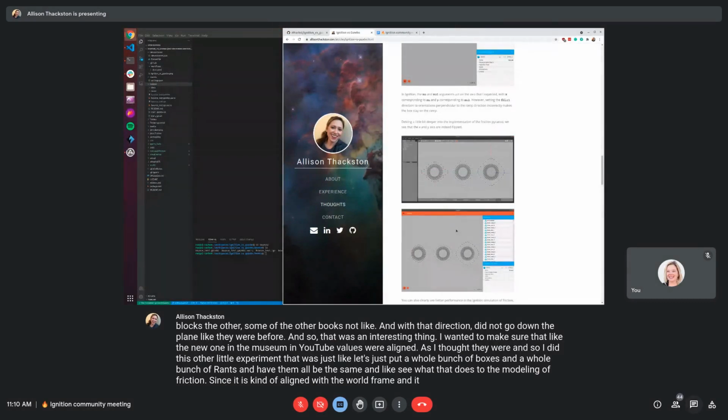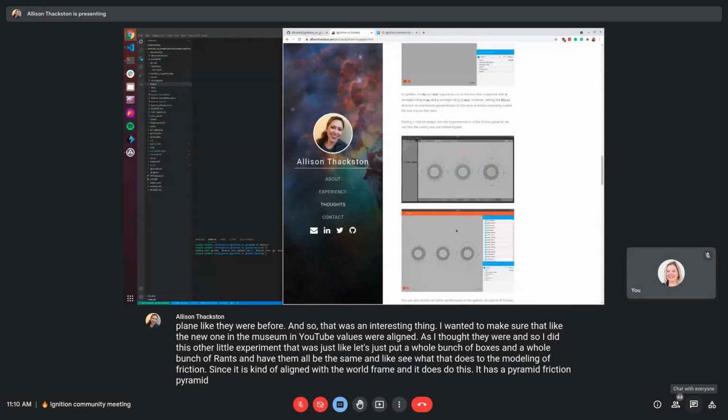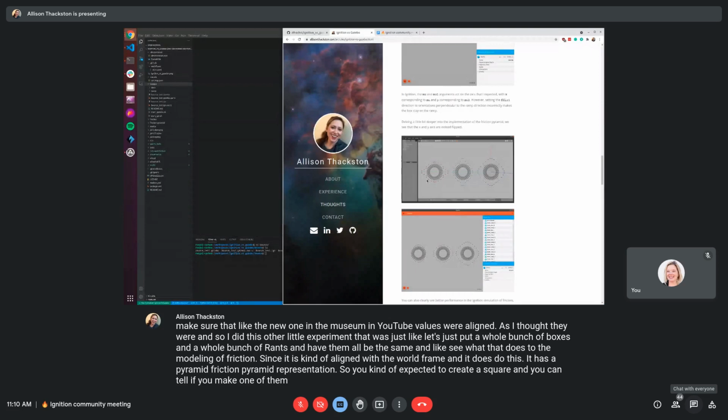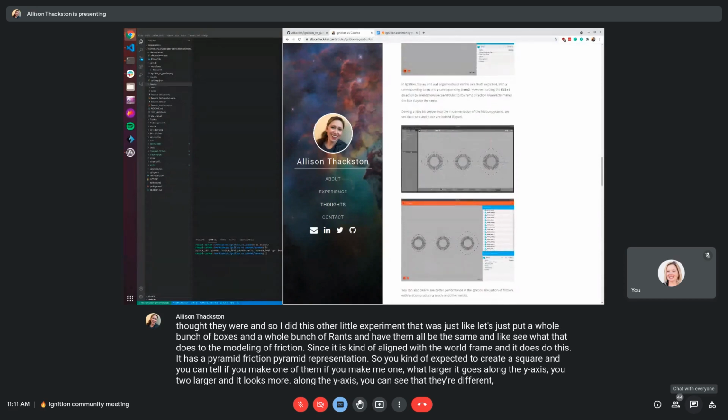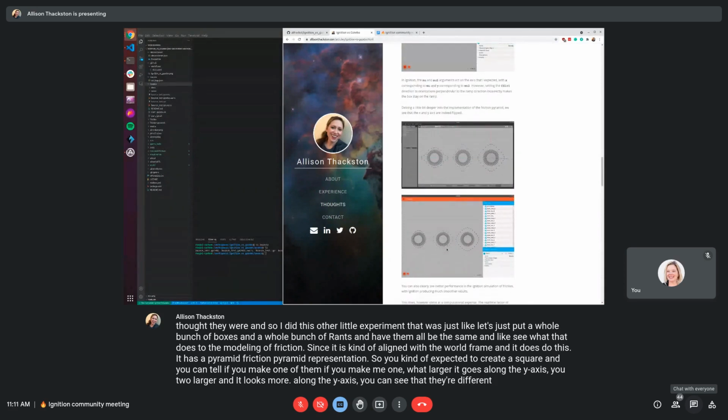It has a friction pyramid representation, so you expect it to create a square. If you make mu1 larger, it goes along the y-axis. You make mu2 larger, it slips more along the y-axis. So you can see that they're different in Classic Gazebo versus Ignition.